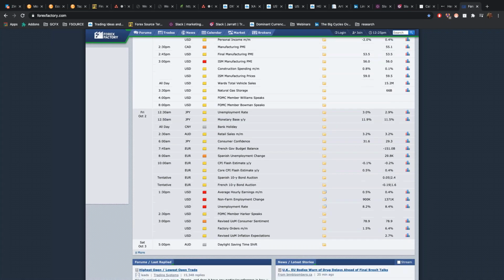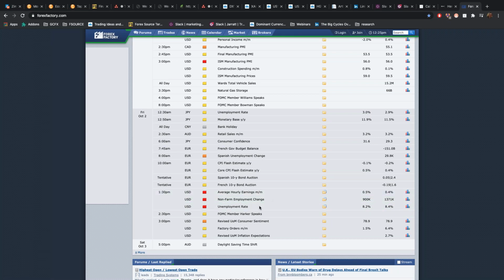On Friday, we've got non-farm payroll. Labor data is very important for the US. The US's economy is 70% driven by the US consumer, and the US consumer can obviously only spend if jobs are good. So jobs data is very important for the US economy, and the market's going to be looking to see what that unemployment rate is at. The best result here would be unemployment rate falling, employment change rising, and average hourly earnings rising.